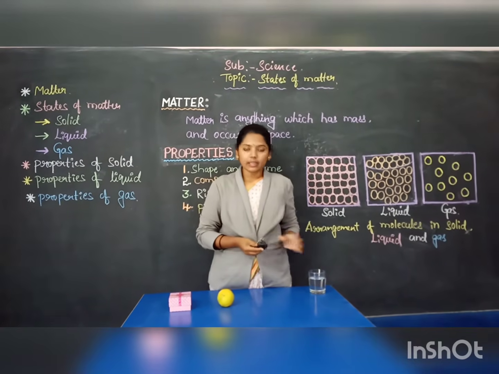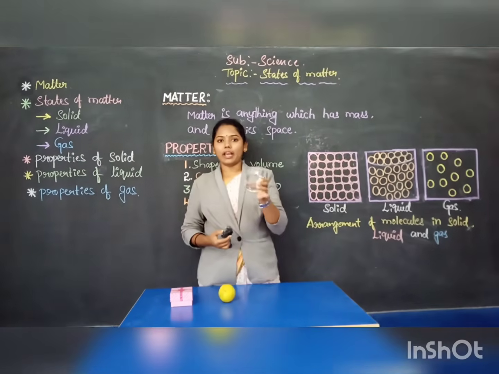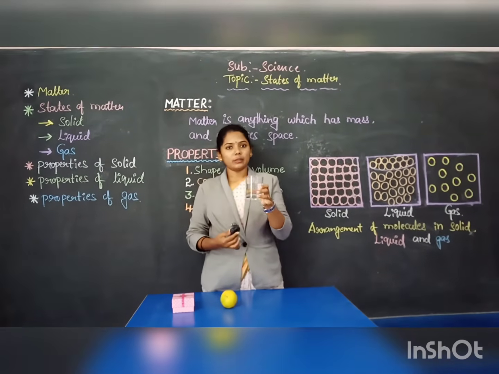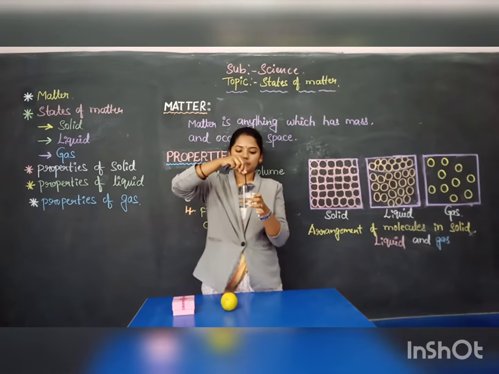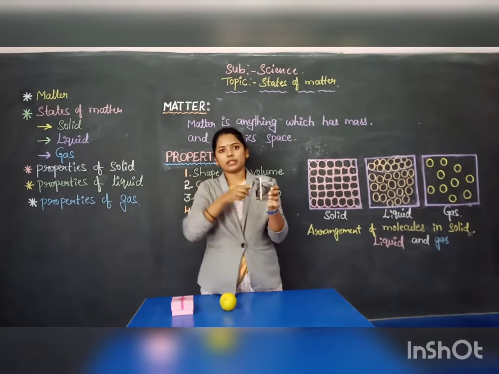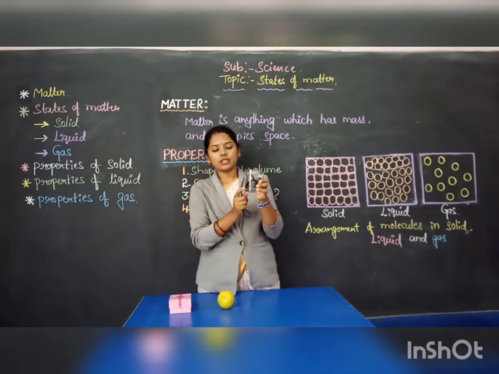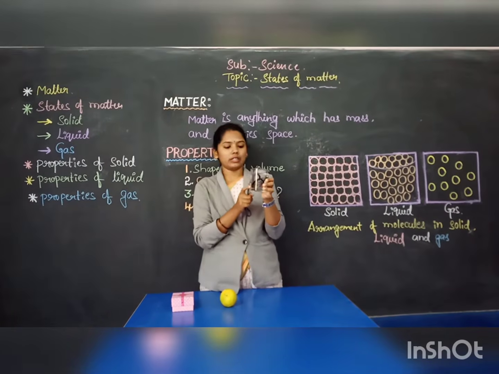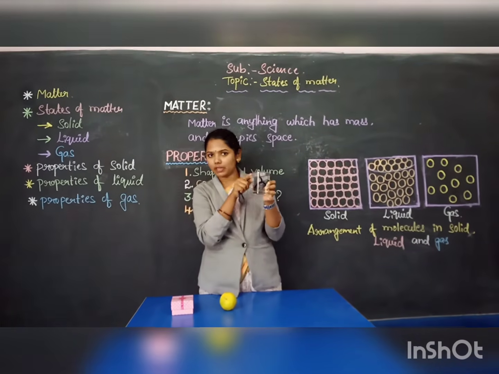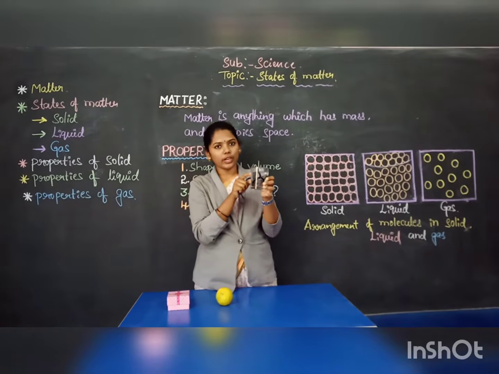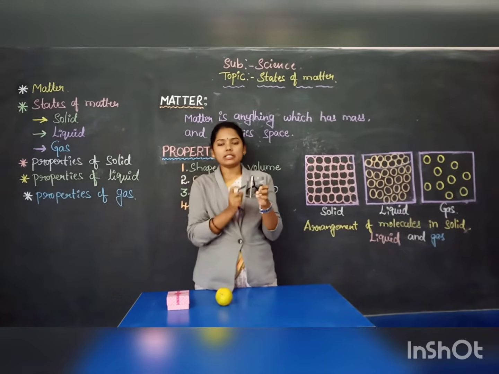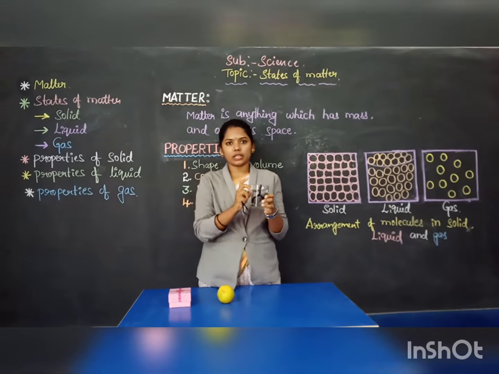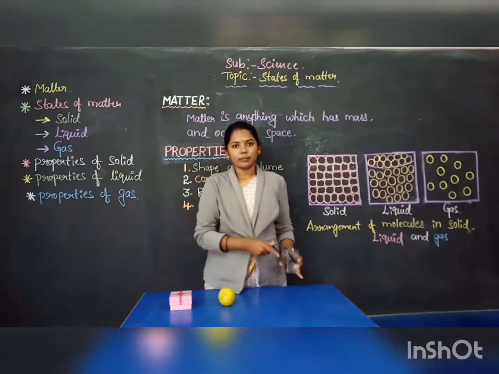Let us see the experiment. Here I have water in a beaker. So I will dip the stone in the beaker. Imagine that first it has 100 ml of water. After that the water level will rise. So we can find out how much the water level has increased. That is the volume of the object or an irregular material.